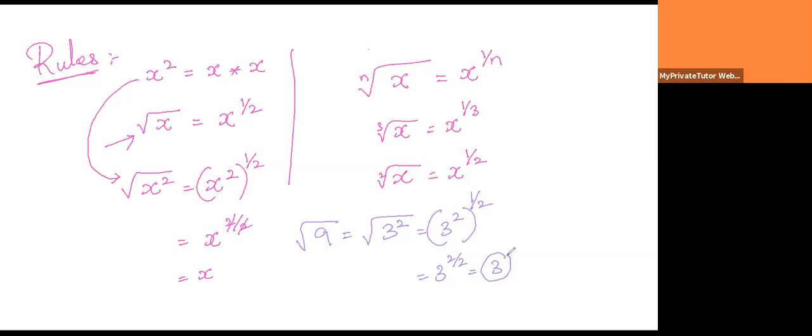Because we already learned, we're going to find the square root directly. But this is the general way. What does it mean? Let me explain again. X square, in a sense, what? It can be x times x, right? What I mean to say, square root of 81, in a sense,